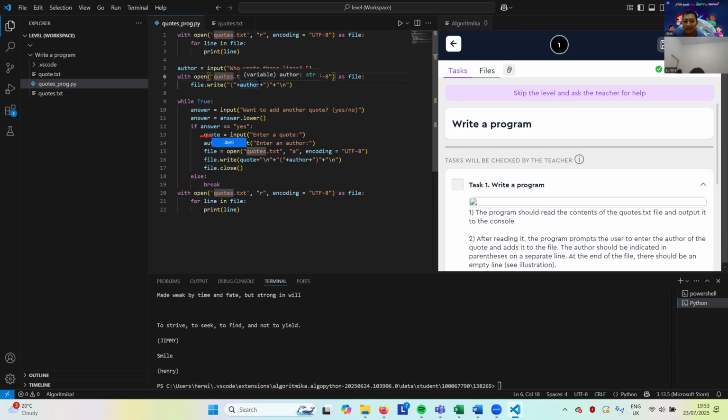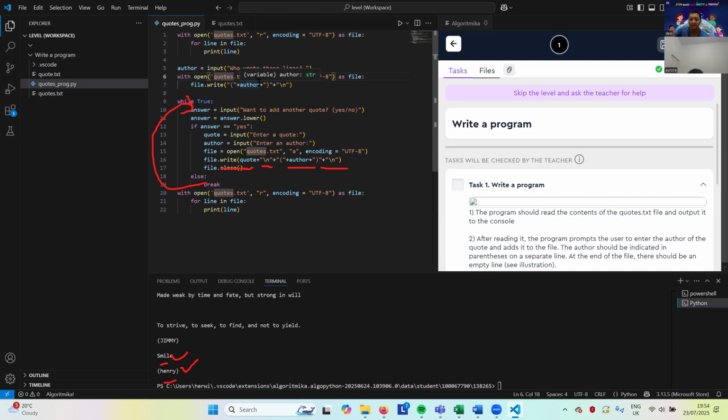If your answer is yes, the program will ask you for the code and author, request the code and author, and after that open quotes.txt with A again to append strings. Then we write quote backslash n, author backslash n.